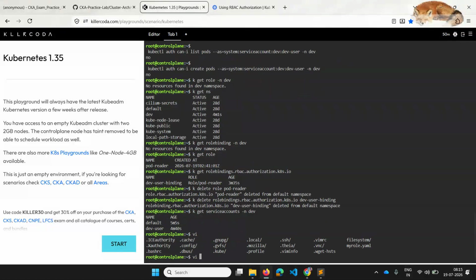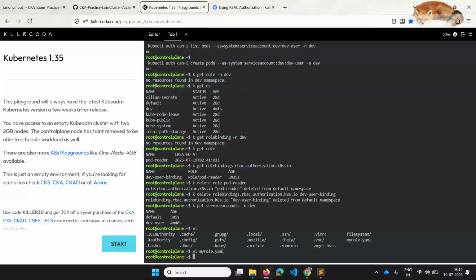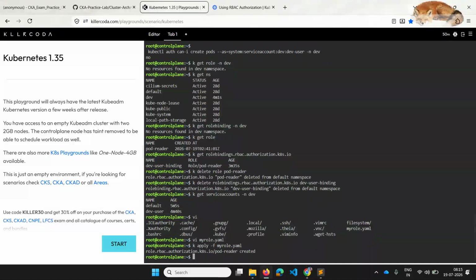So if I do vi of my role YAML, under the namespace, just edit it to dev, save it, and apply. This is created.